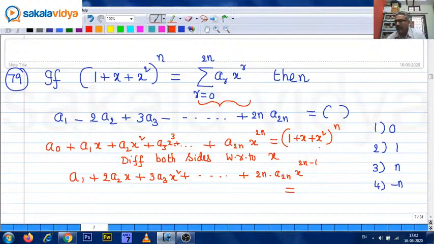This is also in the form of x to the power of n, so that we can write n times 1 plus x square